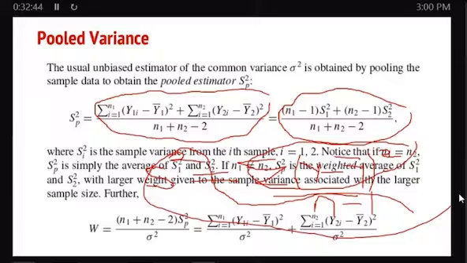You remember the unbiased sample variance, where you have the summation of y minus y bar squared divided by n minus 1. If I want to make the summation of y minus y bar all squared the subject of the formula, the n minus 1 is going to multiply the s squared. If I do that for each group, that is what led to that there. And don't forget, the other time we proved that this was unbiased. Now,